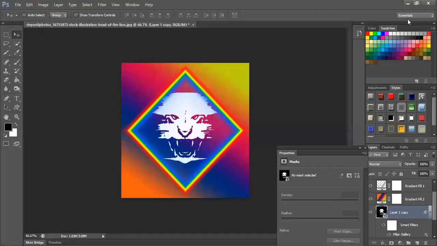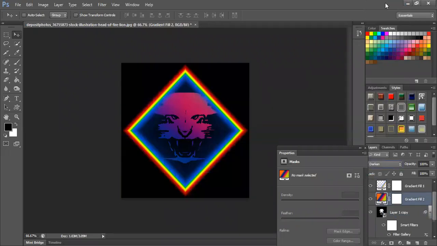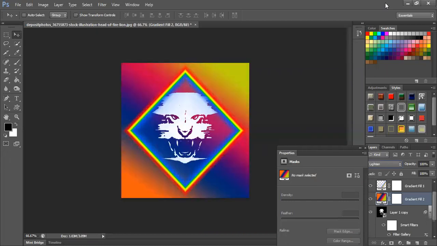Suppose this is the image, I've added this kind of a thing, and what I can do then is change the gradient blend to make it something nicer. So when I change the gradient blend, I can just go here and change it. This is normal mode, and maybe something like this. You can try out. This is all a trial and error thing. You'll have to try out the various effects, and then only you'll be able to figure out something nice.